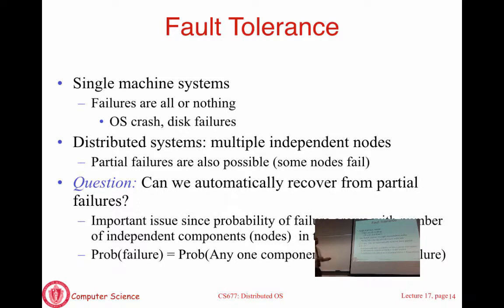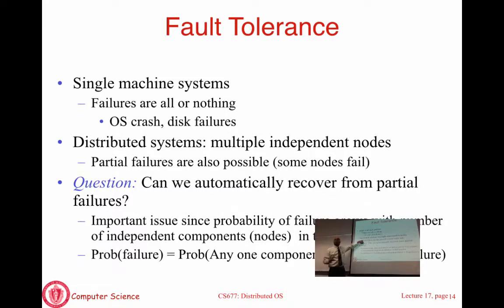If you have a single machine and you have a centralized application, you have an all or nothing property. Either your machine works or there is some problem and it doesn't work. It may have crashed, there may be a software bug, the network has gone down, the disk died. Any of these will just cause the application to stop functioning. So it's all or nothing. Either it works or it doesn't work.